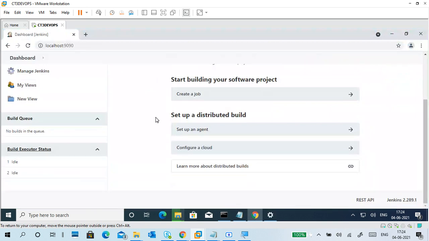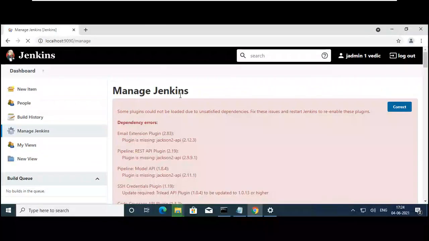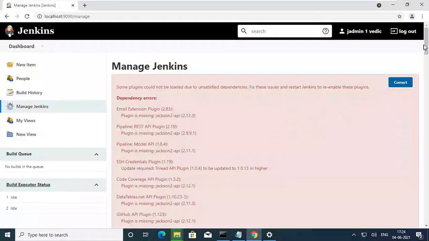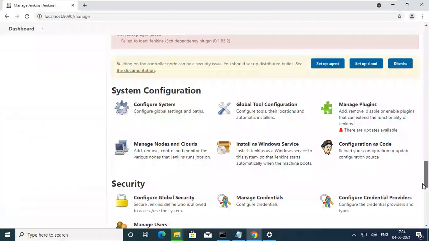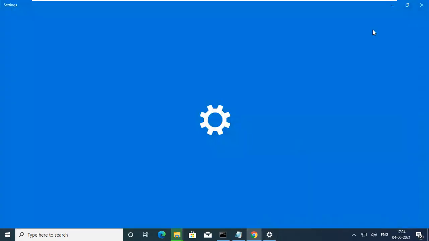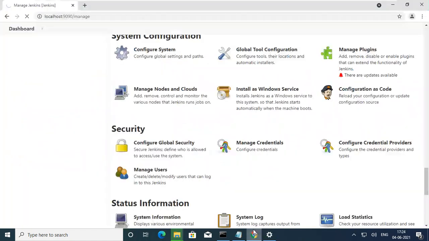Okay, so another one is here. Go to manage plugins. Sorry, not only manage plugins, global tool configuration is also there. Go to global tool configuration. These settings, update and security.